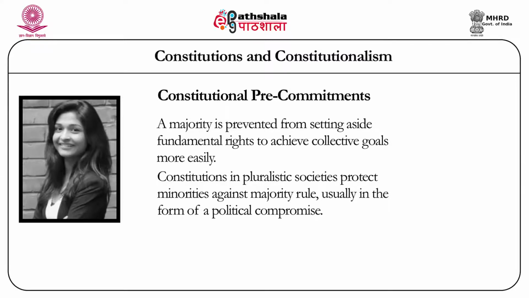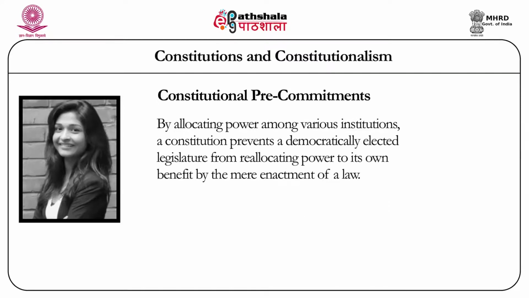legislature should be prevented from reallocating power to its own benefit by enacting a law and by exercising a majority vote. So in this way, a constitution can clearly provide for the divisions of power between different organs, different branches or levels of government, including even local institutions. And in this way, it can prevent parliament or legislature from reallocating this power in a less democratic way. So these three reasons help us understand why the Constitution must maintain supremacy even over the decisions